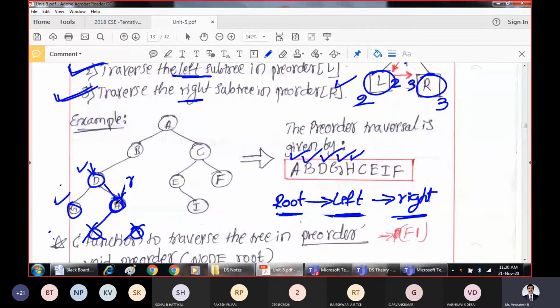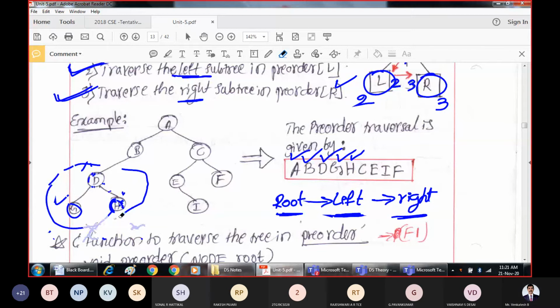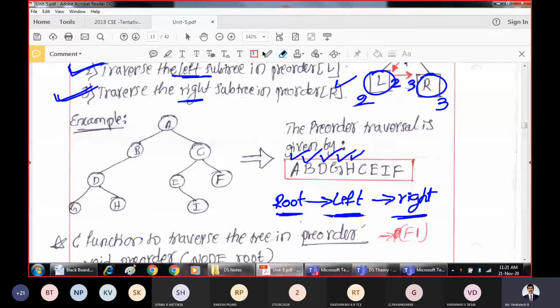After processing the right subtree completely, you come up. One level up you should come. Now for this D, everything is completely filled. We have processed everything. Right? I'll just erase it. So what is over now?